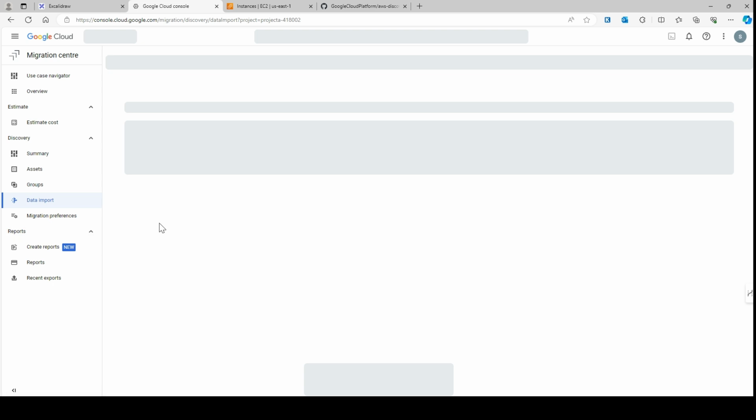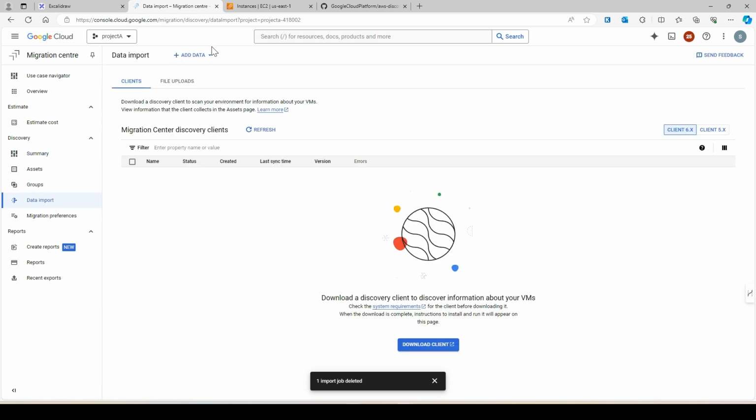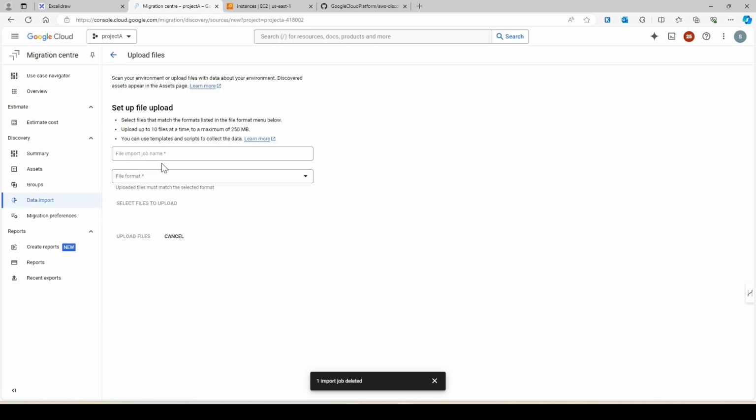Okay, so now you are in the Google Cloud Console. Here you see this discovery option. In the discovery section, I'm going to upload this file manually. So you just click on the data import, click on add data, and upload files. Give it a name. I'm going to make it test